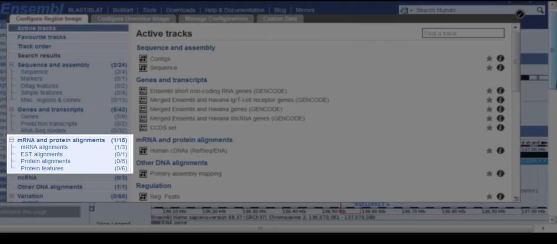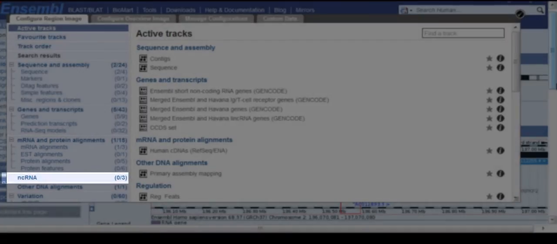This shows sequences from public databases such as NCBI-RefSeq and UniProt aligned to the genome, ncRNA, non-coding RNA, other DNA alignments,